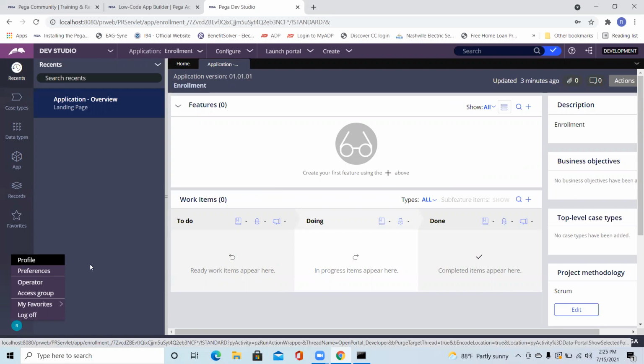But what I was trying to say is, we discussed yesterday, right? Whenever operators log in, PRPC checks their access group and which application it is pointing to. On that application, what is the rule set stack and all. So what are the rule sets available, and it creates the rule set profile.